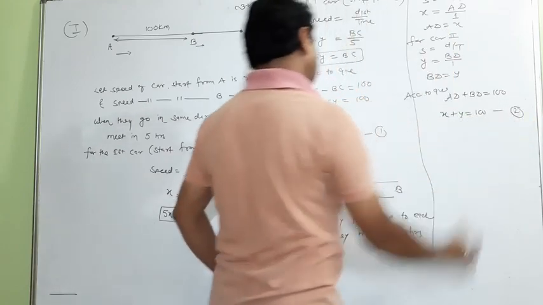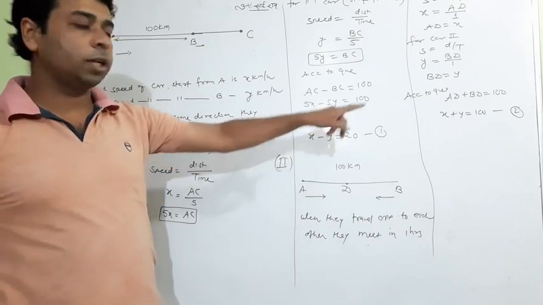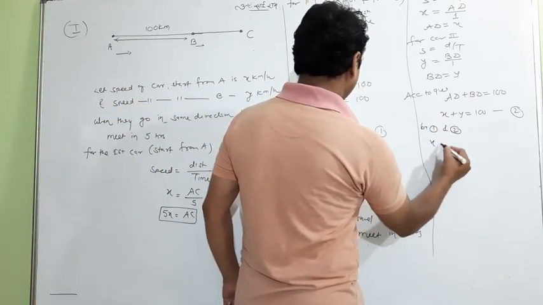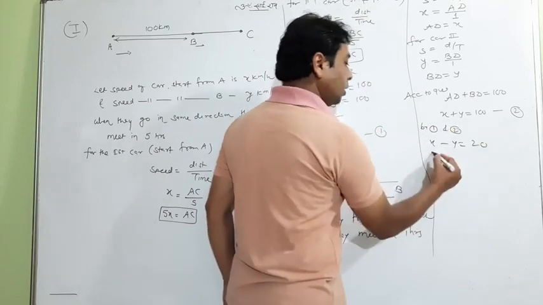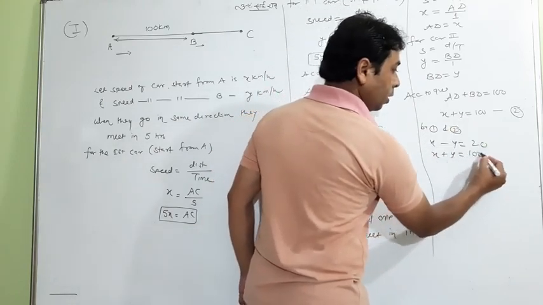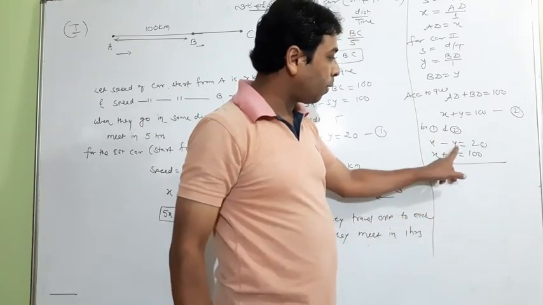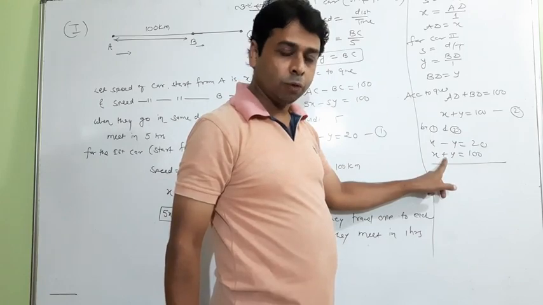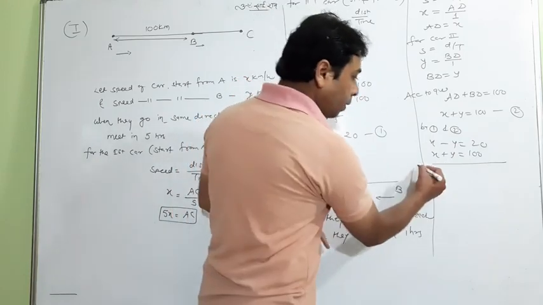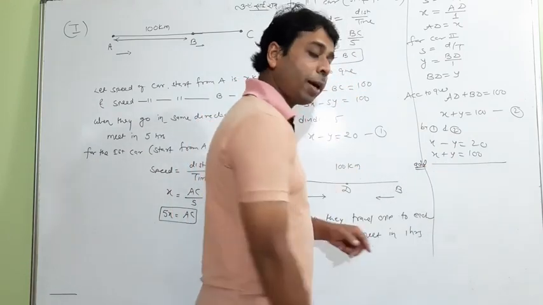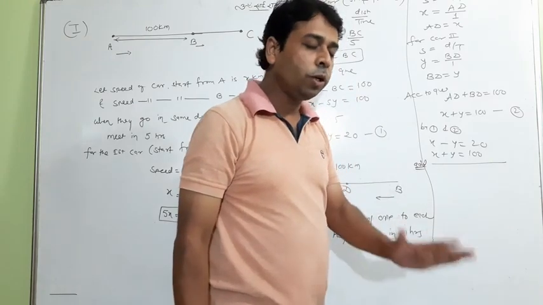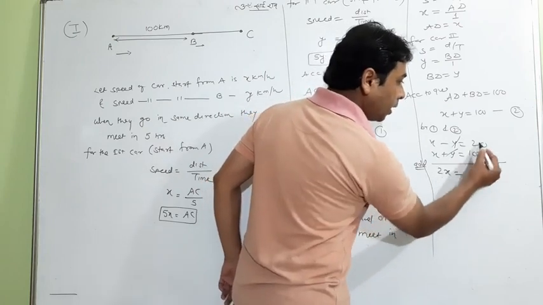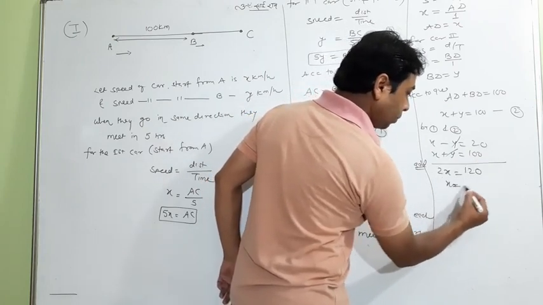So these two cases are very simple. Now you have equation 1 and equation 2. I want to write one below the other. Y already has the same coefficients, and the minus and plus are also in our favor. So we don't have to change the sign, we will only add. Cancel y and y, x and x will be 2x, 120 will be 120. So x will be 60.